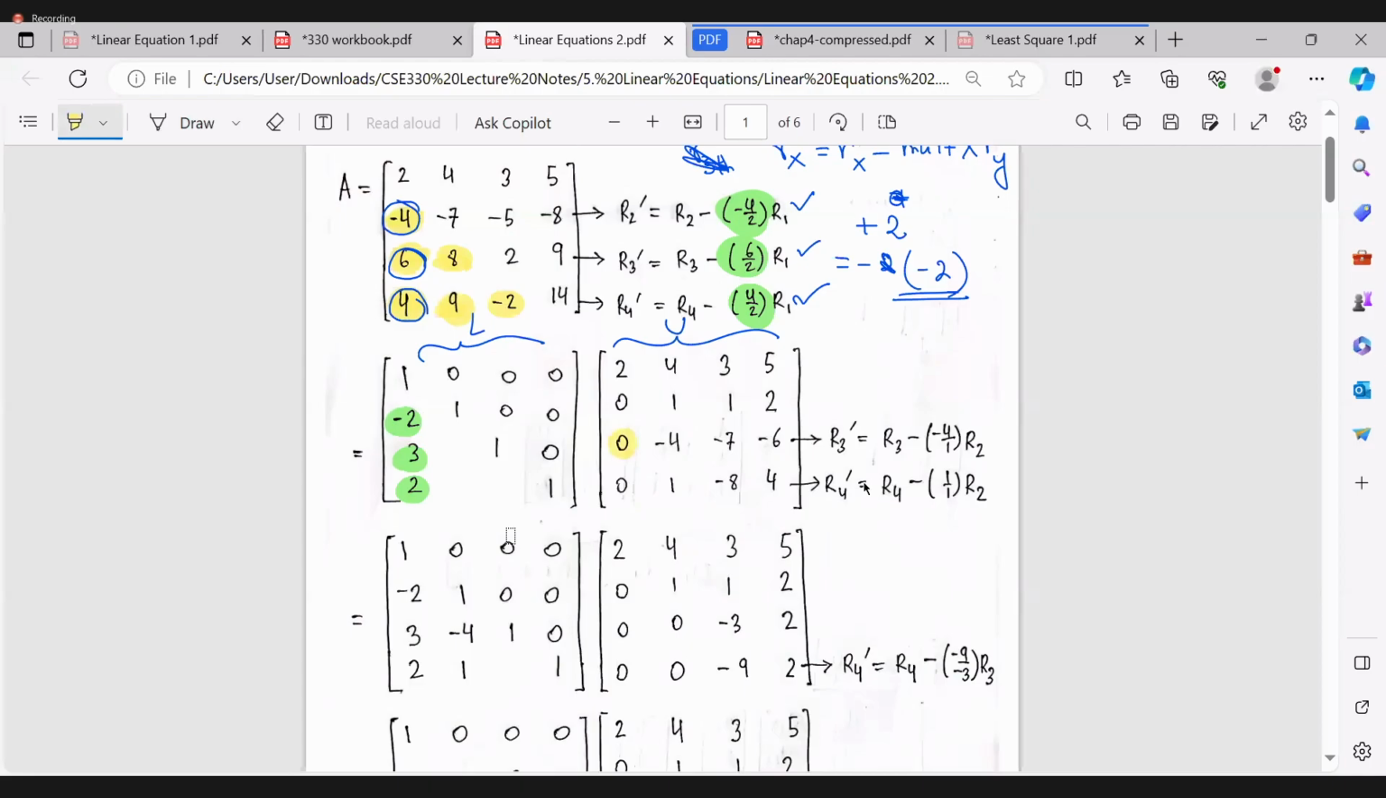So in the next iteration, you just consider the elements on the